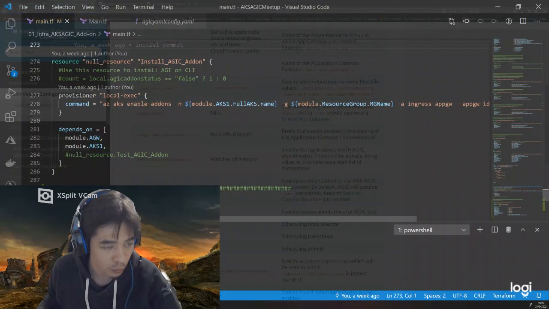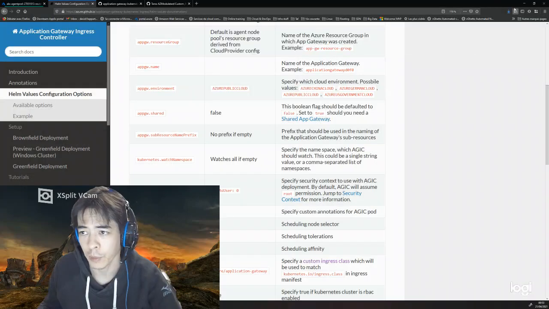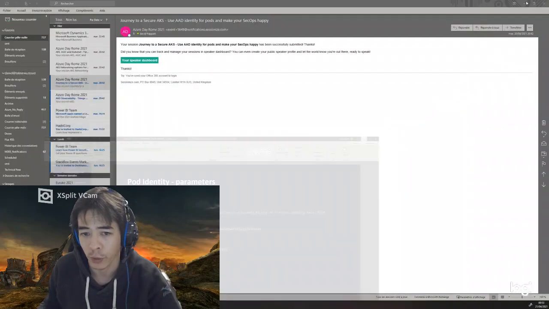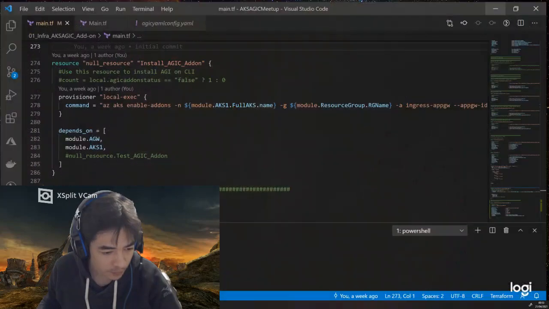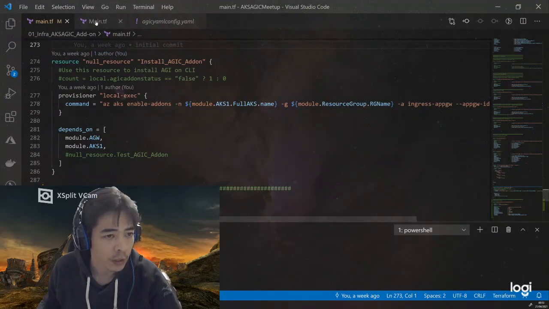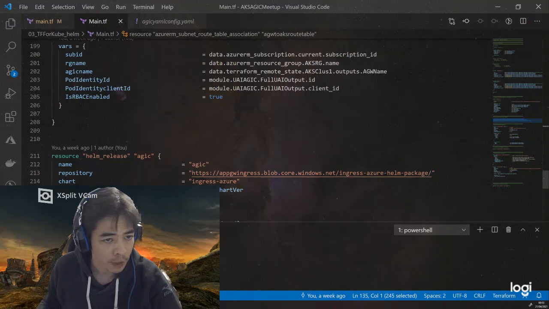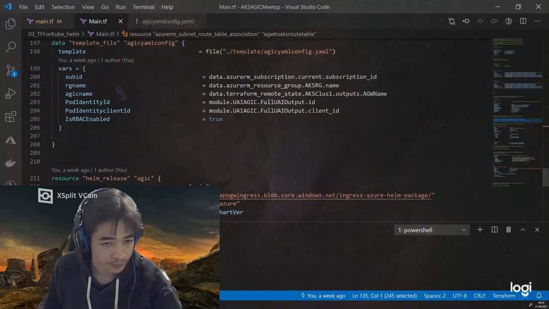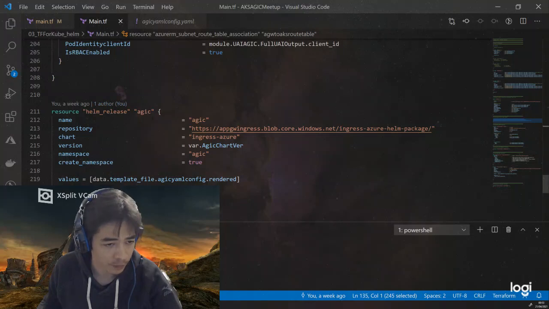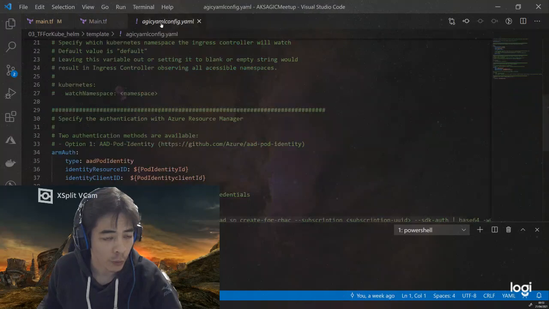If we have a look at the configuration, let me reduce my window over there and switch to this one. Okay, so you can see here in my Helm release for application gateway, I'm referencing as value a template file that is rendered, and this template file, as a matter of fact, is available here.